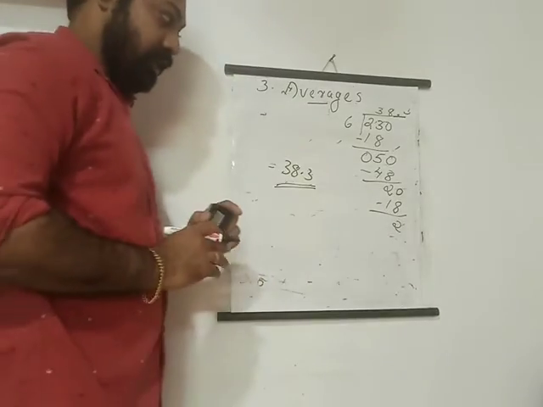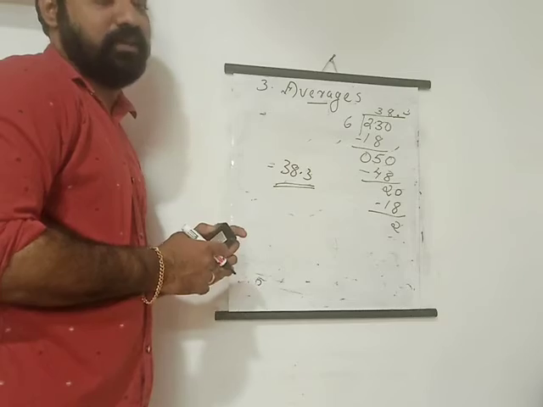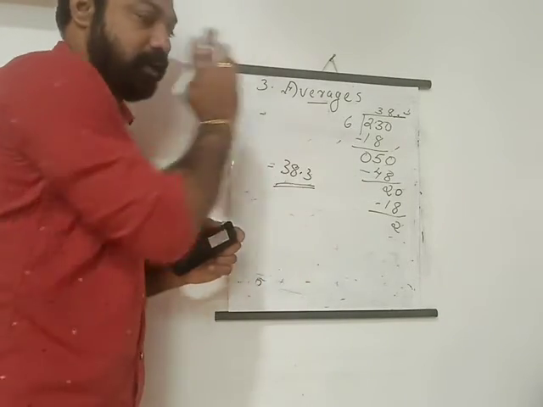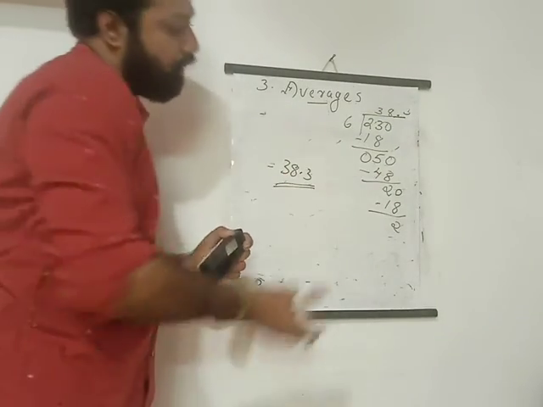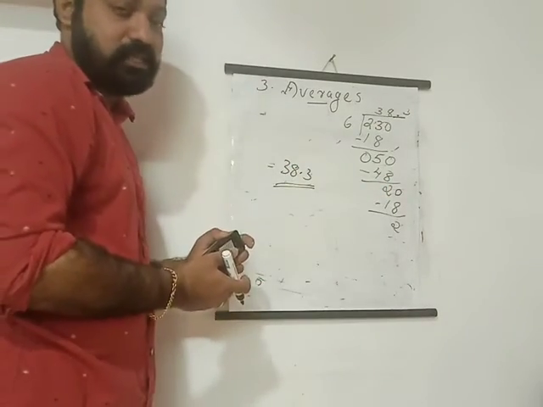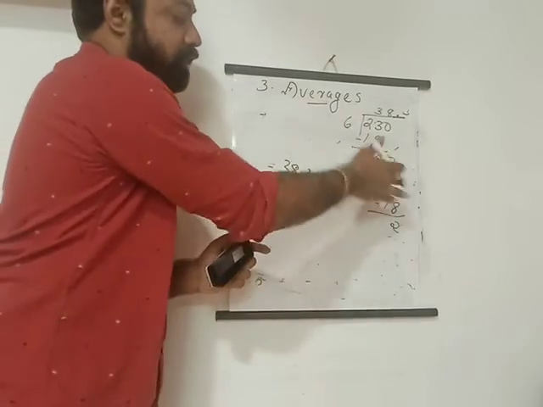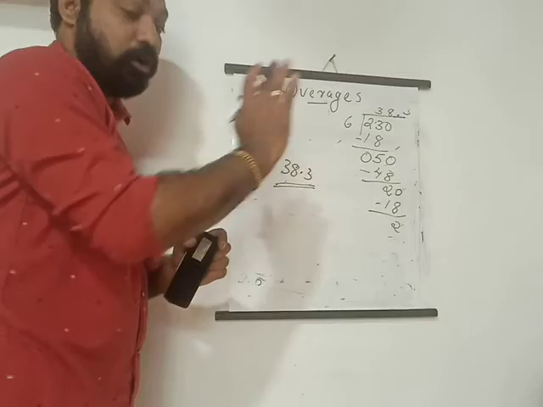Okay, so this is the thing. For this one only I took that number. If any question comes that way, you have to know how we are writing the number. If you have any confusion on this part, just inform me, then I will tell you. What you have to do is think about that. If you don't have any other number in the next place, you just put a 0. That time you have to put a point. Then you can divide. Understand? So that's all about averages.